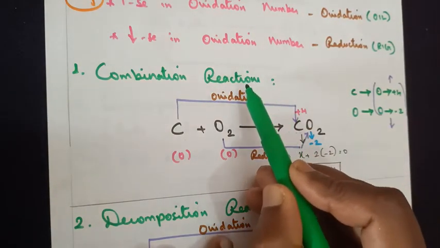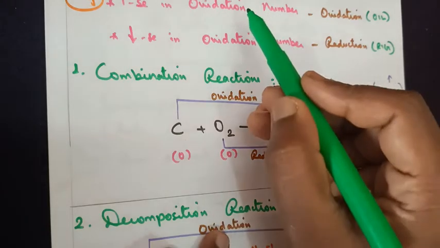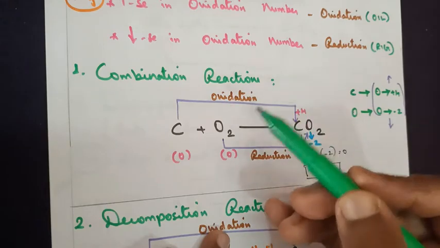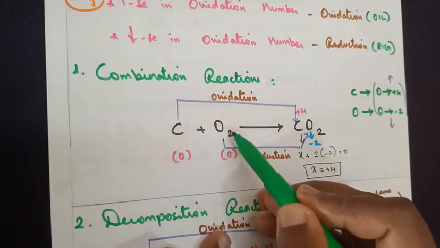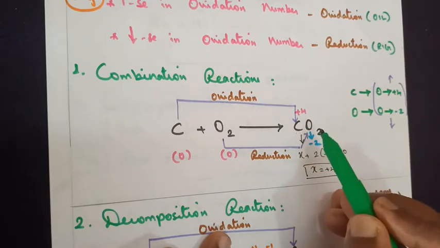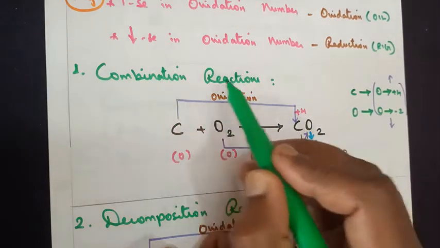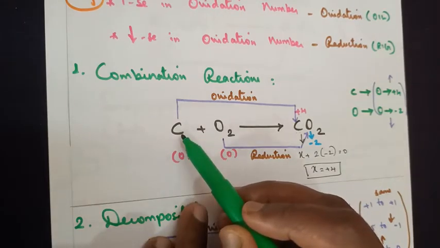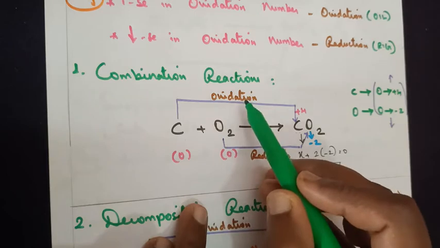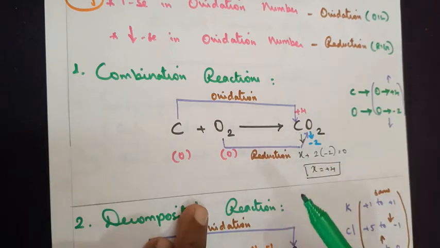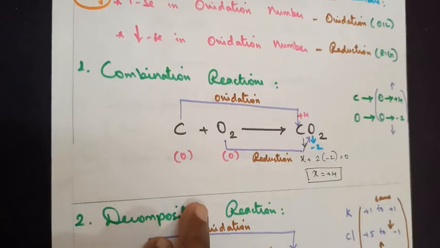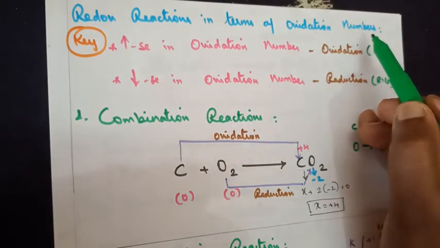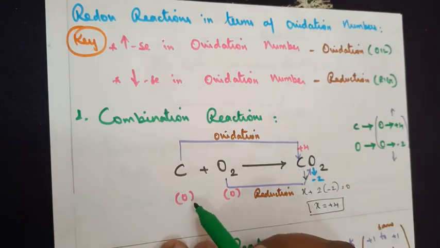As you have seen for common chemical reactions, redox reactions also have a first category, the combination reaction. Same principle: two or more reactants combining together to give us only one product is called a combination reaction. Now we need to determine, between the two reactants carbon and oxygen, which one undergoes oxidation and which one undergoes reduction. I have also told you in the video, based on the oxidation number, any element in its original state has oxidation number 0.